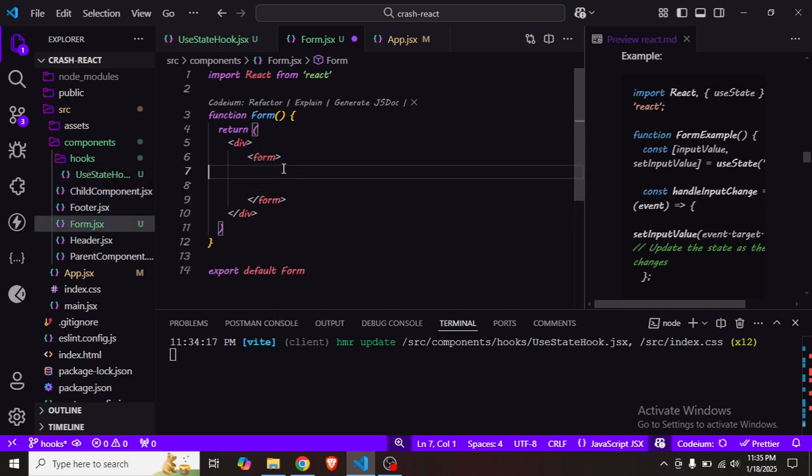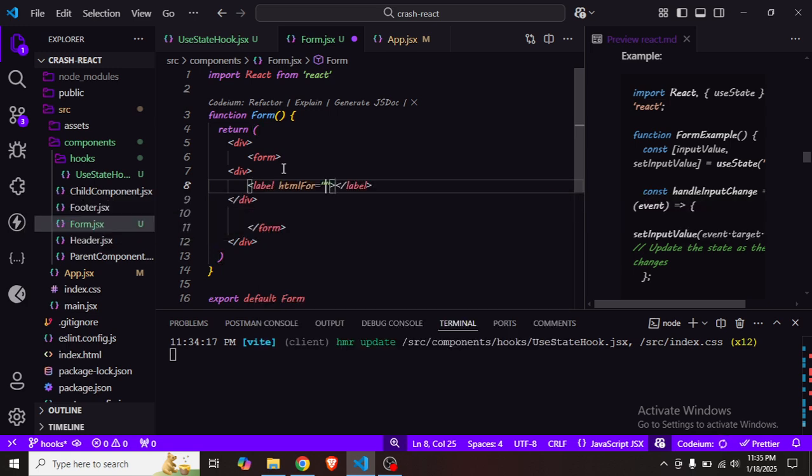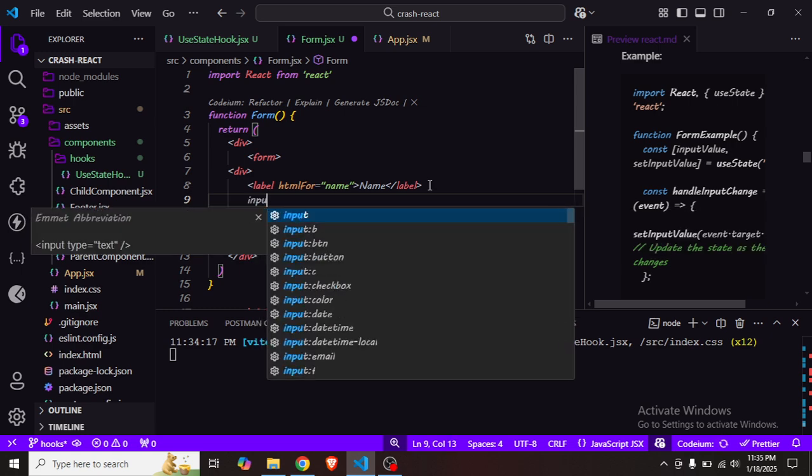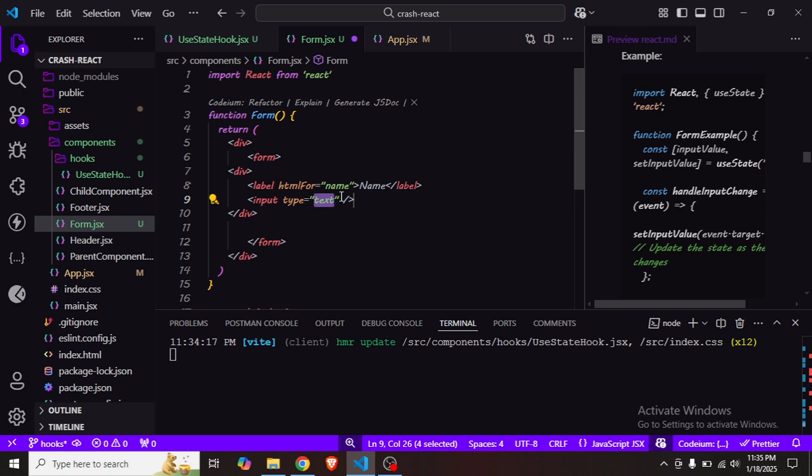Now let me create here a div. This div holds the label, and this label is for name. Okay, and here I want to pass the name, and here is also an input text, and it should have the placeholder same as HTML. So enter your name, and let me